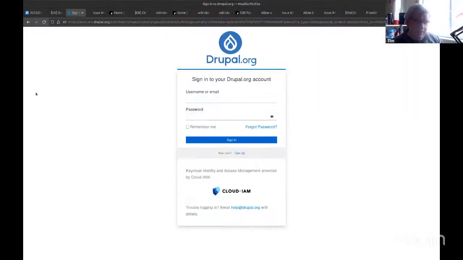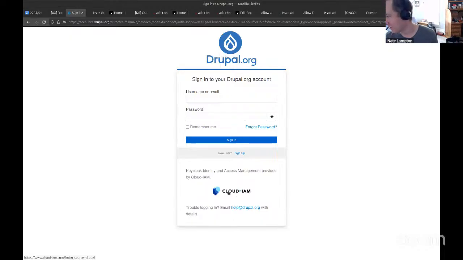I'll share my screen again. But that would mean people would need to create a Drupal.org account in order to get to Backdrop, wouldn't it? Oh no, I'm not suggesting that we would literally sign into Drupal.org to do Backdrop. What I was pointing out is this little logo down here, Cloud IAM. Keycloak is one of the most popular open source